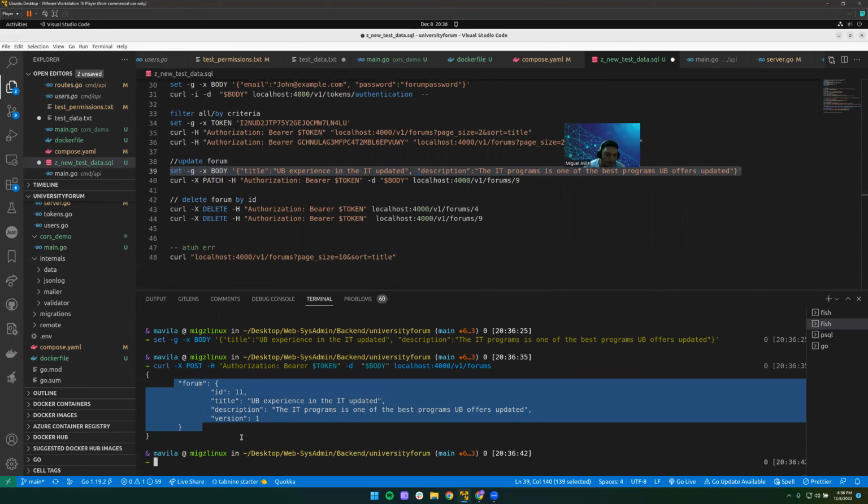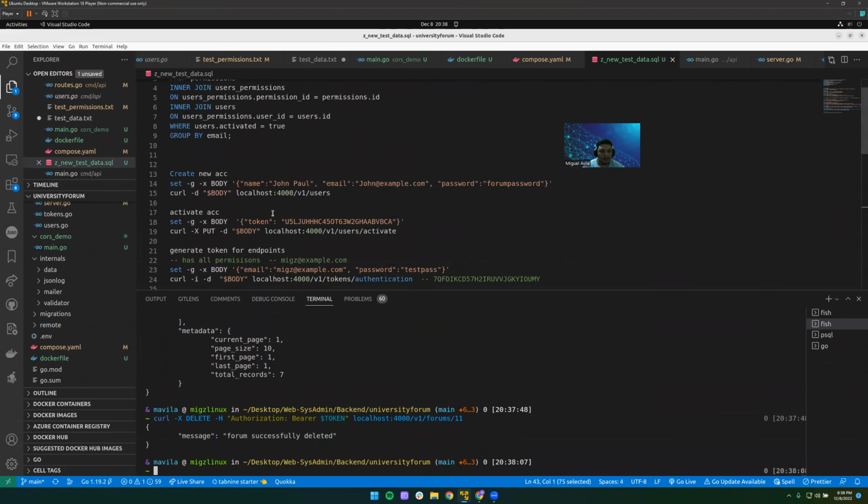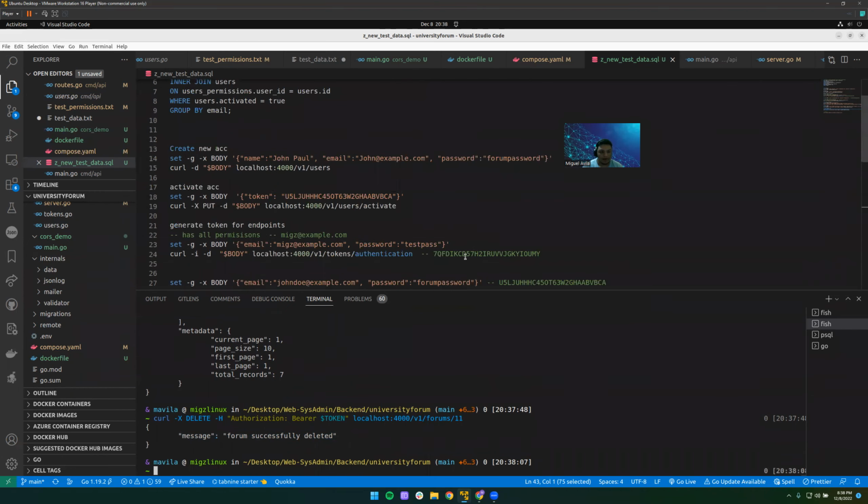But I did not do this with the other one. If we try, it's this one, so this is the token, and then if we try to delete, we could fetch all of the forums. 9. So if we try to delete 9,